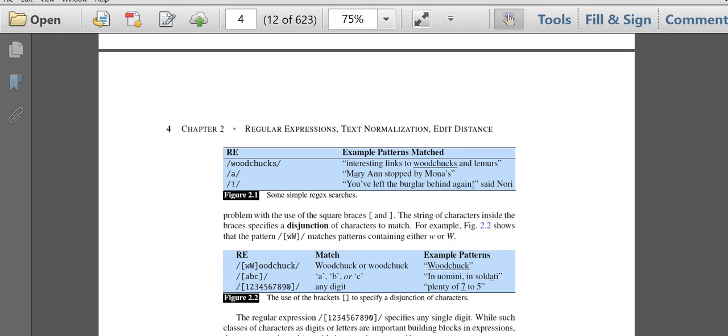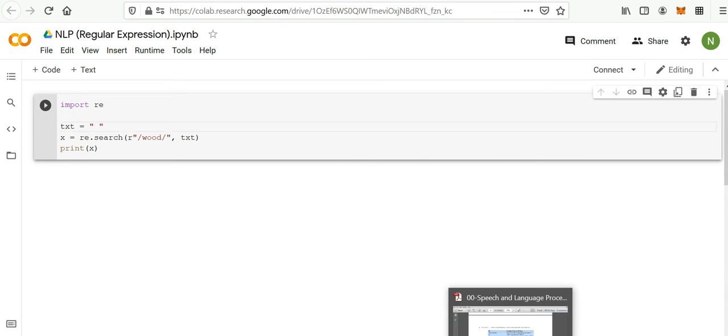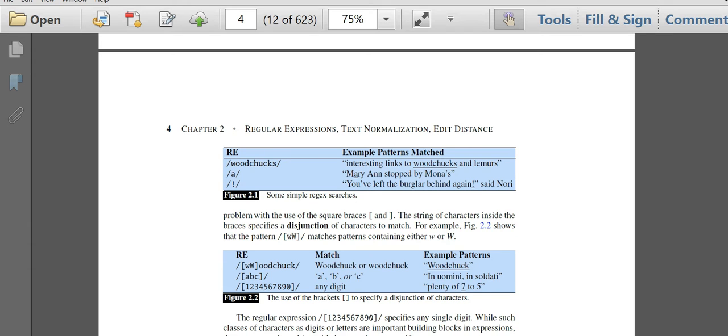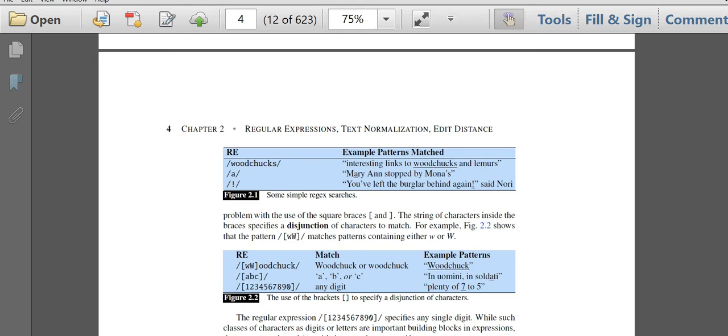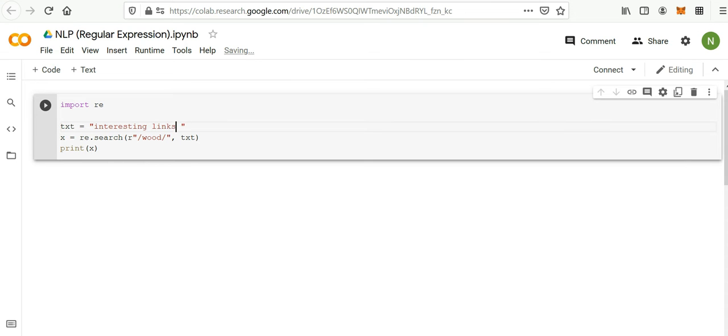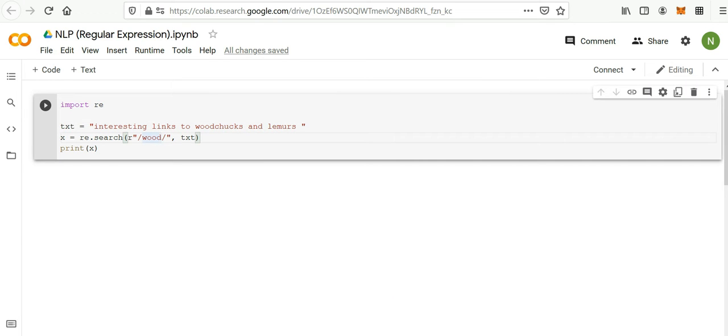Suppose we give our string as given in the textbook: interesting links to woodchucks and lemurs. This is our string, and we want to search for woodchucks,